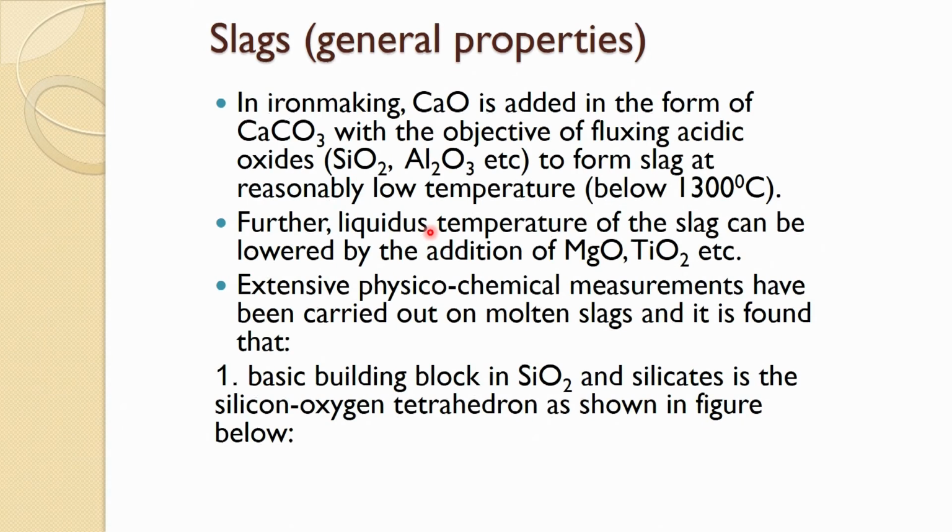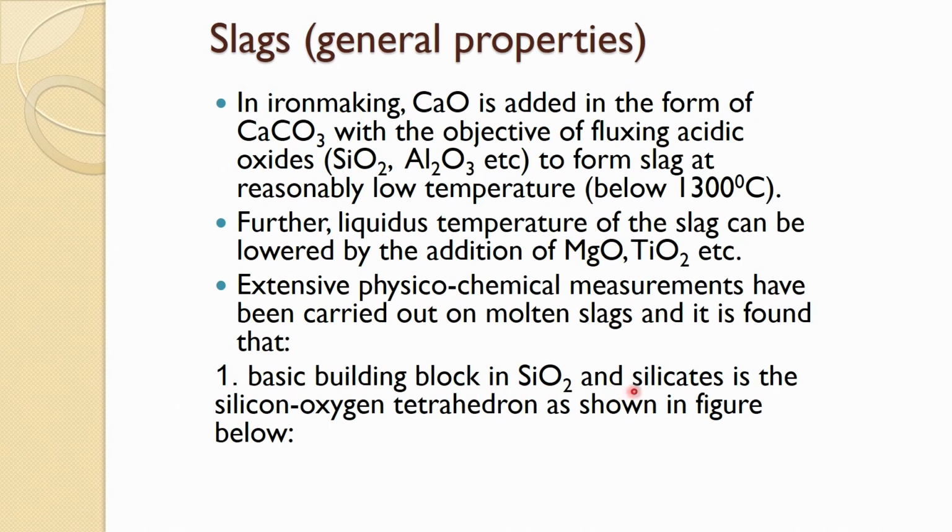Further, the liquidus temperature of the slag can be lowered by the addition of MgO and TiO2 and some other oxides. Extensive physicochemical measurements have been carried out on molten slags, and it is found that the basic building block